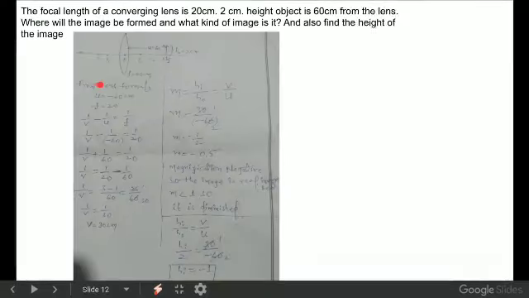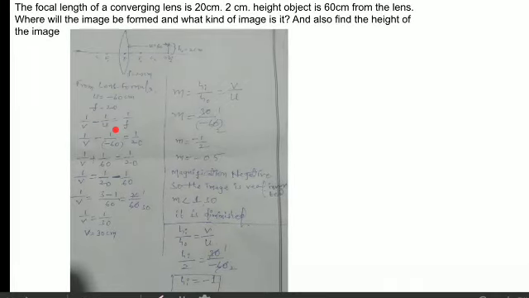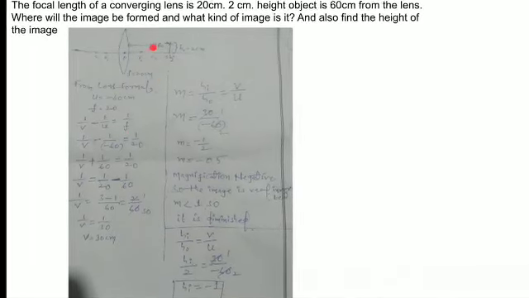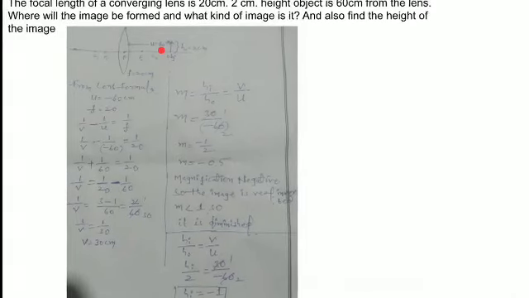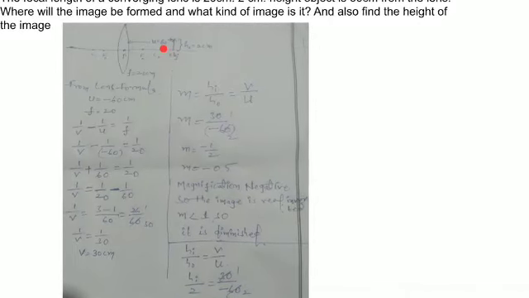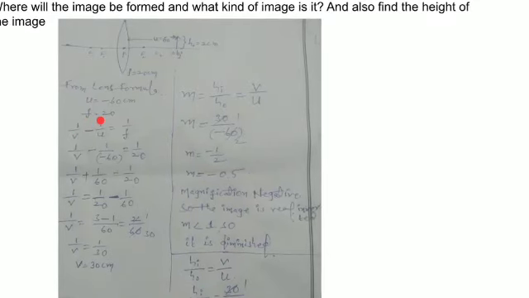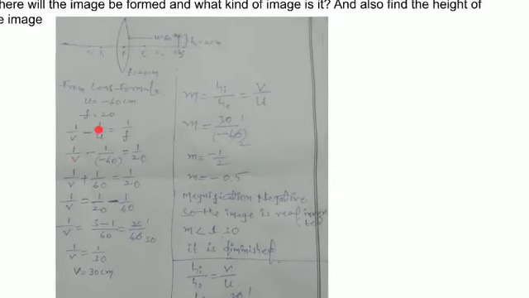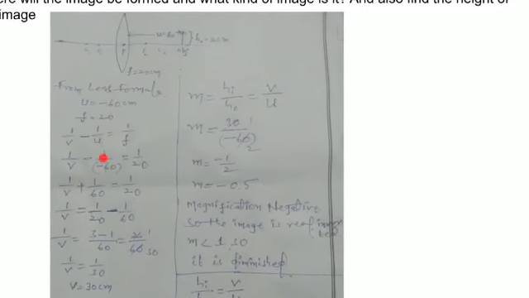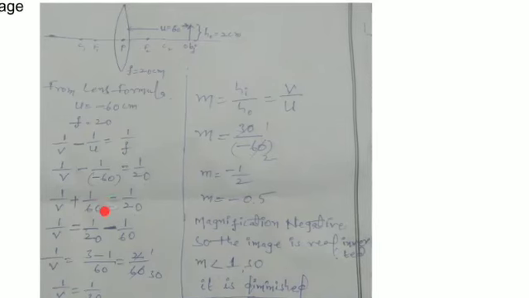So now he's asking us to find out the image distance, height of the image and nature of the image. So to calculate the image distance, we have to use the lens formula, that is 1 by V minus 1 by U equals to 1 by F. Now, sir, object distance should always be taken negative only, whether it is a concave mirror, convex mirror, concave lens, convex lens, whatever. Okay, so object distance should always be taken negative only. Next, focal length is taken positive here, and next substitute these values in the lens formula. Okay, 1 by V minus 1 by object distance minus 60, so minus into minus plus equals to 1 by F. F value is 20, so 1 by V plus 1 by 60 equals to 1 by 20.